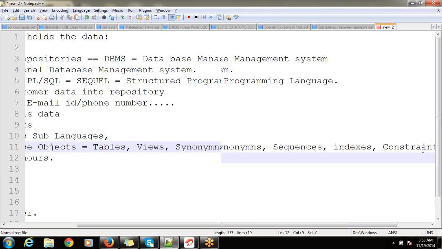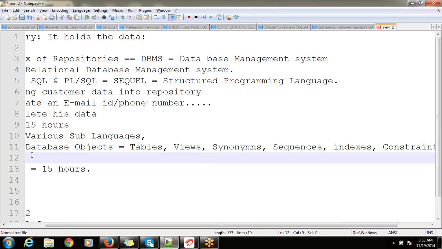Then the other things like joins, then subqueries and the types of subqueries, then operators available, then functions available in it, then set operators, some special operators available.